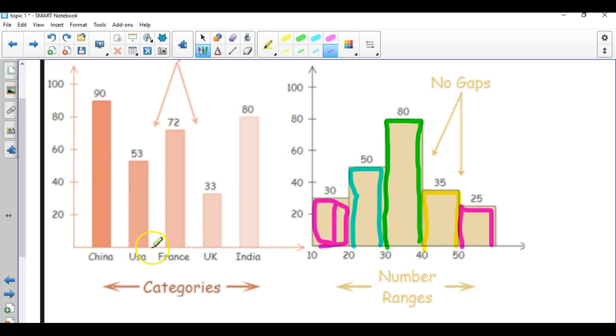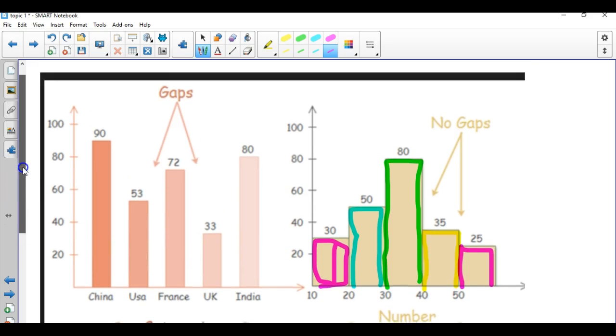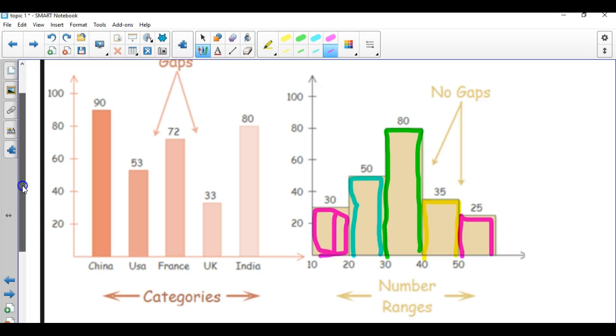Categorical variable, bar chart. Quantitative variable. Quantitative variables will be your age, your height, your weight, your GPA, okay? The salary that you make. We can find the average salary of all Armstrong High School teachers. At this time, write down any questions that you might have on a bar chart versus